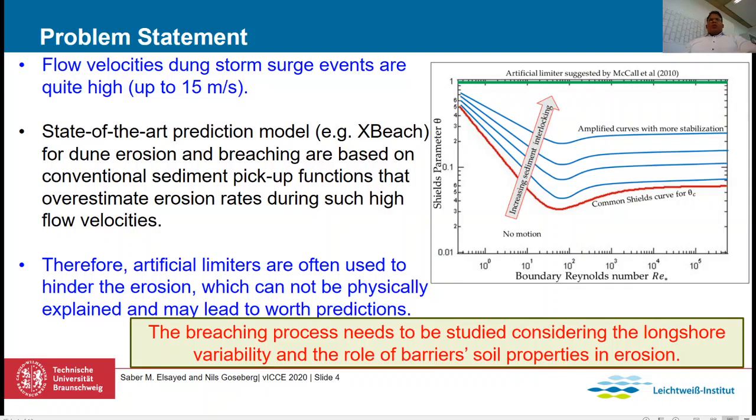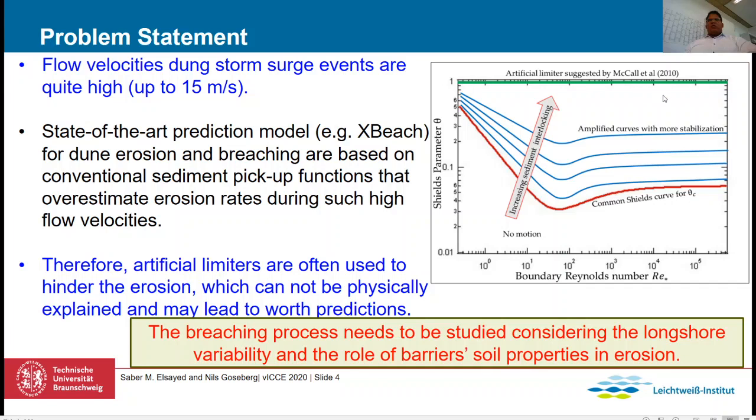So the problem statement is related to the flow velocity. As we know, flow velocities during storm surges are quite high, and state-of-the-art prediction models for dune erosion and breaching like XBeach are based on a conventional sediment pickup function that overestimates erosion volumes during such high flow velocities. Therefore, artificial limiters, as we see here in the photo, are often used in order to limit the model behavior